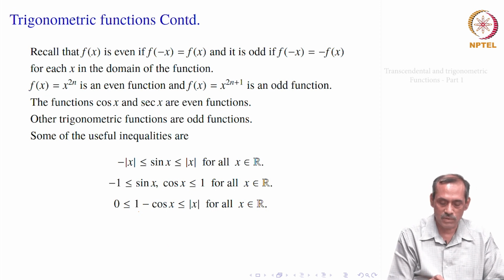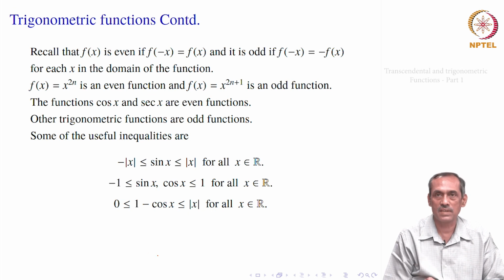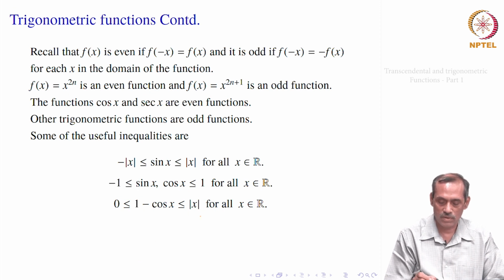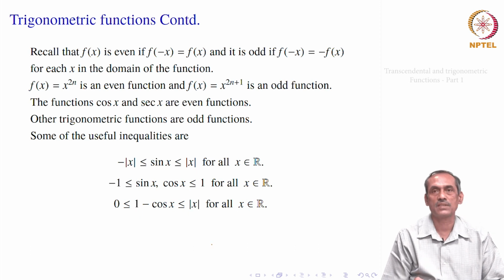We have another inequality which also becomes very helpful, that is 1 minus cos x lies between 0 and mod x. It is always non-negative because cos x has to be less than or equal to 1. So, it cannot be negative, therefore, 0 less than or equal to this, and this of course needs something more which we will see later, using which tools it has been derived, but okay, this will be useful. 1 minus cos x is less than or equal to mod x also.